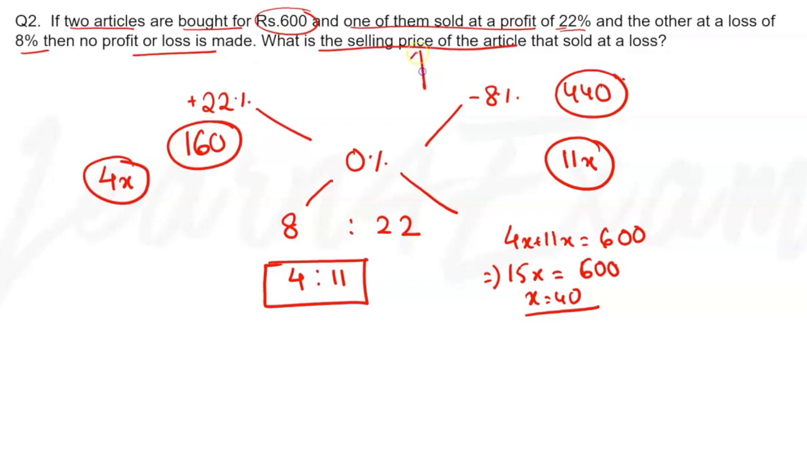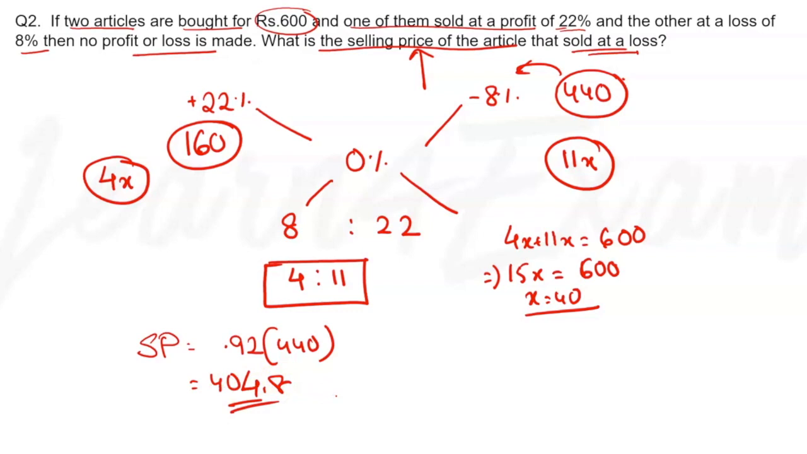Now what is the selling price of the article that is sold at a loss? This is sold at a loss, so the selling price of this article would be 0.92 into 440, and that is the answer for this question. Because I'm making a loss of 8%, my selling price would be 0.92, or 440 minus 8% of 440. Now 0.92 into 440 is equal to 404.8,